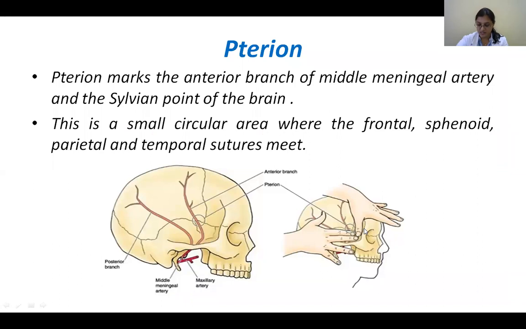So the next one is the pterion. And again, in normal lateralis, you must have seen the pterion. So that's where 4 bones, you can see this is an H-shaped part. So what are all the bones that are forming here? So this is your frontal bone part here. Okay, you can see the parietal, the temporal, and the sphenoid. This is what? This is your parietal bones, which is over here. This is your parietal bone. So you've got 2 parietal bones here, and these are your frontals, and here you've got your temporals,